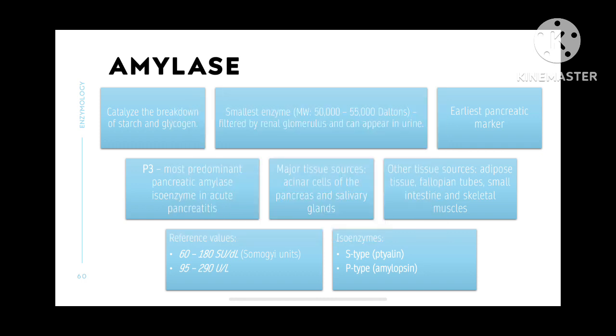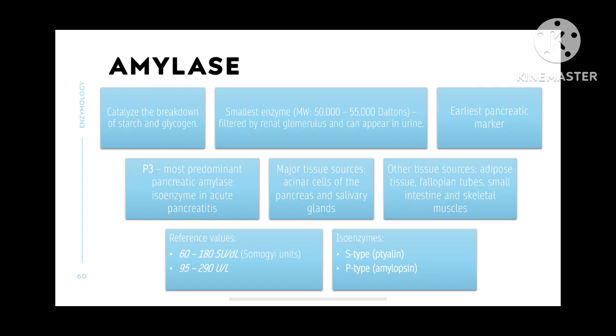The acinar cells of the pancreas and the salivary glands are the major tissue sources of serum amylase. Lesser concentrations are found in skeletal muscle and the small intestine as well as the fallopian tubes. Amylase is the smallest enzyme with a molecular weight of 50,000 to 55,000 Daltons. Because of its small size, it is readily filtered by the renal glomerulus and also it can appear in the